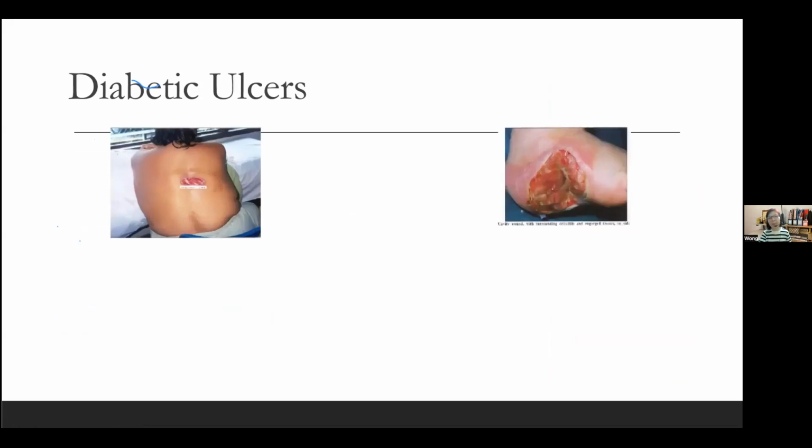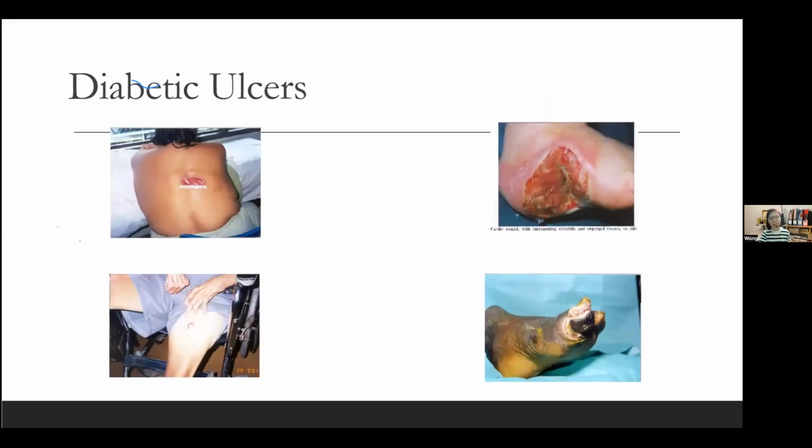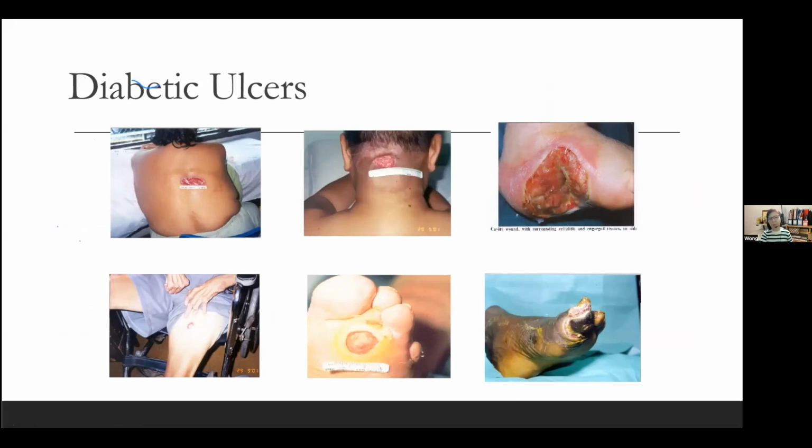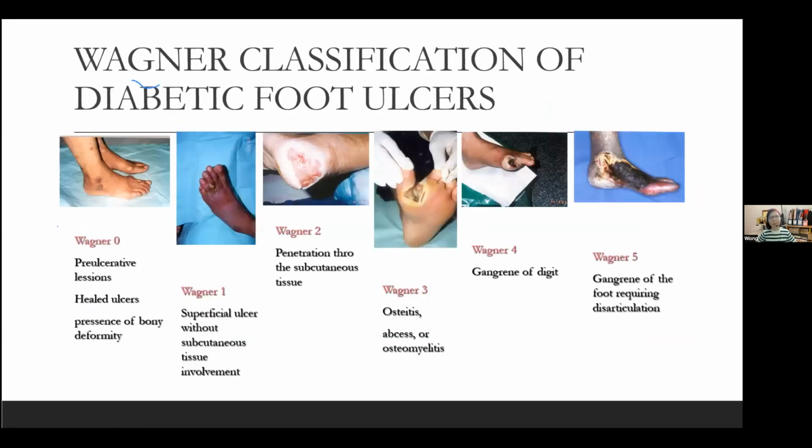Diabetic ulcer can come in many different forms. You can see there is also carbuncle, it can be diabetic foot, it can be at the sole, at the toe and all that. It can be anywhere, abscess. For diabetic ulcer, a lot of the time the classification commonly used is of two types: